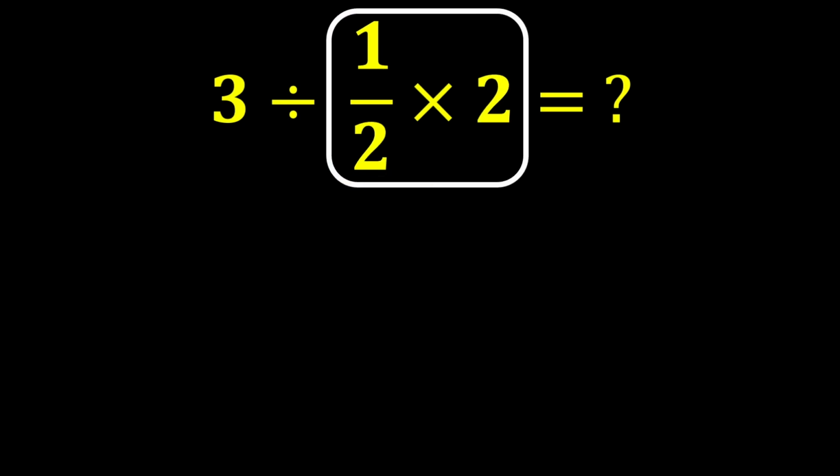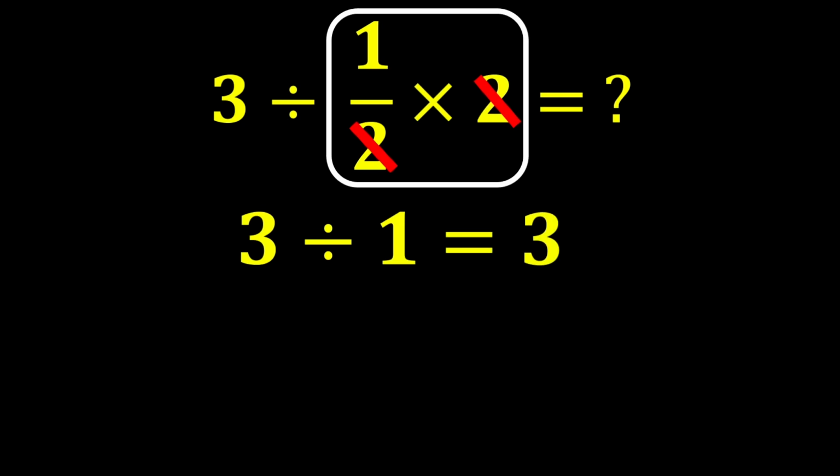First, we perform this multiplication, 1 over 2 multiplied by 2. This 2 and this 2 cancel each other out, and only 1 remains. Finally, 3 divided by 1 gives us 3. But this answer is not correct, because we did not follow one of the most important rules in mathematics, called